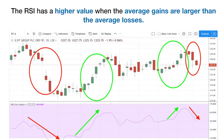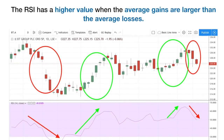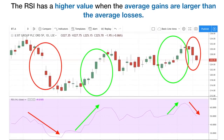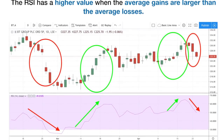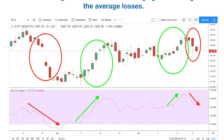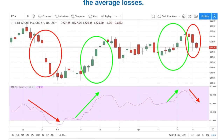Okay. Let's look at it. So the RSI has a higher value when the average gains are larger than the average losses. Now let's look at the first red oval here. You can see there the price action. That's the red candles. They've had days where the share price closed lower than it opened on 4 occasions. Big gap there. And that's why the RSI has gone down from around 50 odd down to the oversold